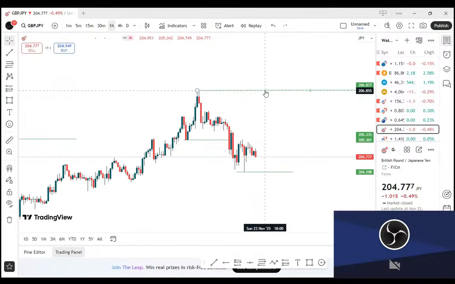Price might trend all the way to this high. It hasn't tested it twice. So once you see a high that hasn't been tested twice, you still have a clue that price needs to come back there to test it. So whatever you're doing,